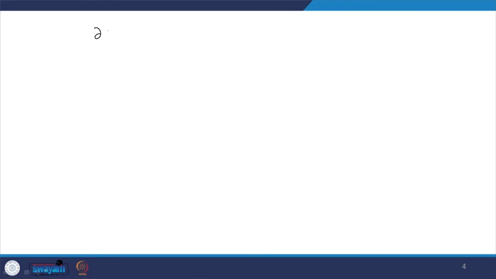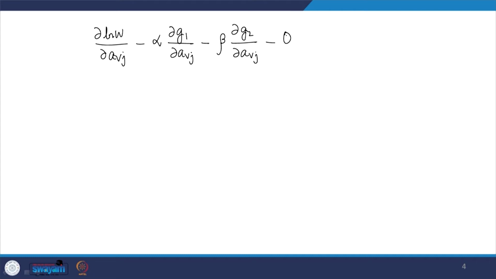So, therefore, the maximization problem is ∂ln W/∂A_VJ minus alpha multiplied with ∂G1/∂A_VJ minus beta multiplied with ∂G2/∂A_VJ minus theta ∂G3/∂A_VJ, and this has to be set equal to 0 for the most probable distribution. So, now the ln W